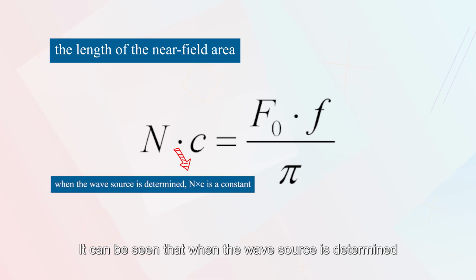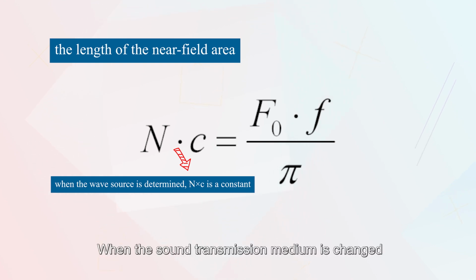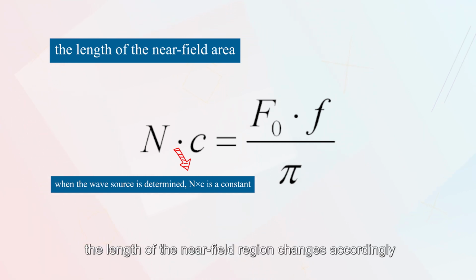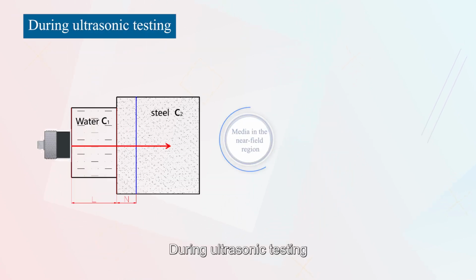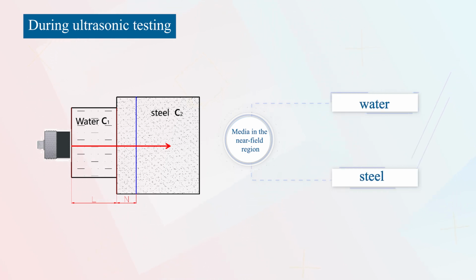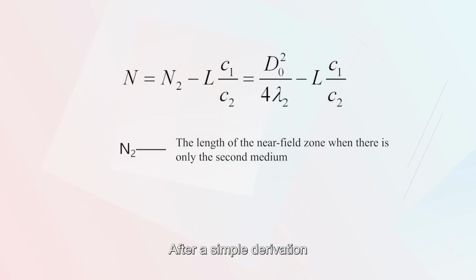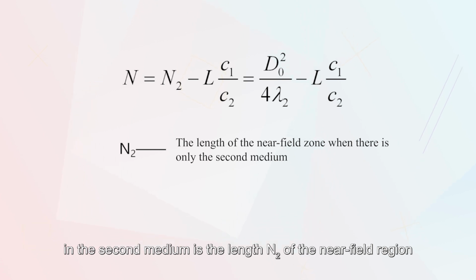It can be seen that when the wave source is determined, N times c is a constant. When the sound transmission medium is changed, the length of the near field region changes accordingly. During ultrasonic testing, sometimes two media such as water and steel exist simultaneously in the near field. After a simple derivation, it can be obtained that the near field region in the second medium is the length